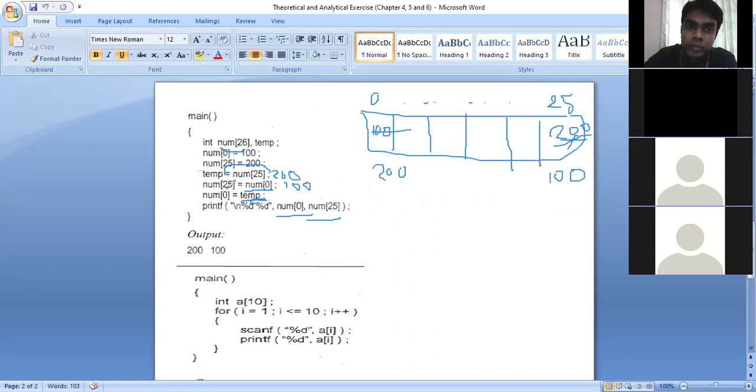Okay, so now we are printing these two values. The num 0 position now has 200, that's why it is printing 200 first. Then the num 25 position has 100, so it prints 100 in this way. So in your examination, if you write down 100 first and 200 later, you will get 0. You have to follow this sequence: what is the value of num 0, and then what is the value of num 25? Okay, then we have another